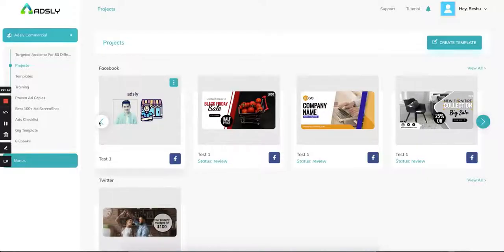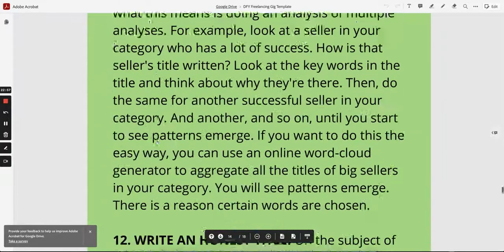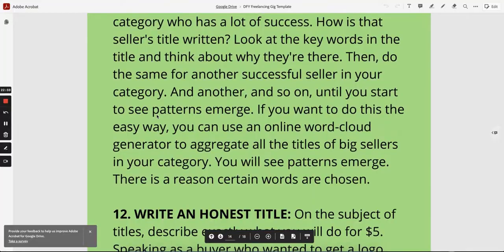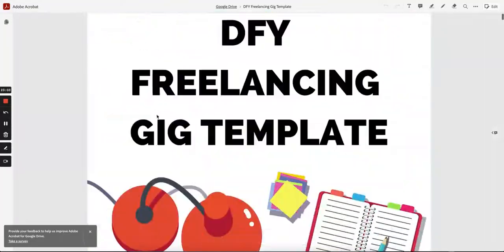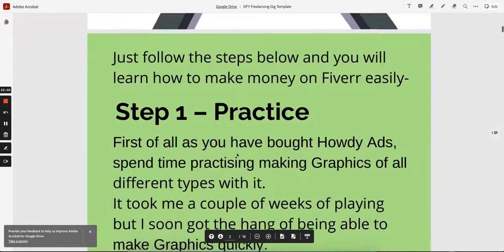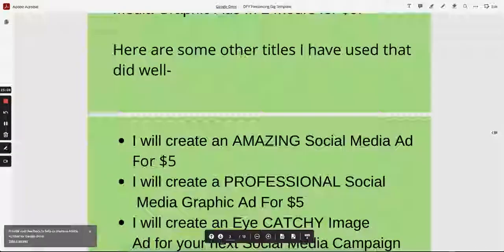So now you have a software which gives you all the tools and resources which will help you to create a profitable ad. You just have to copy paste stuff and start benefiting from it by running a freelancing job on all the social media platforms. You can take help from the same template to create your profile on other platforms as well.